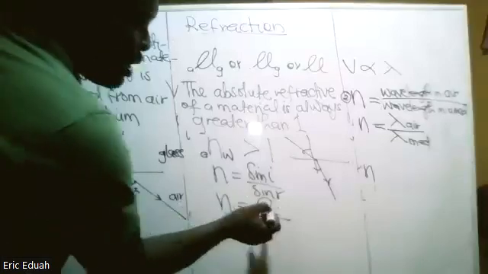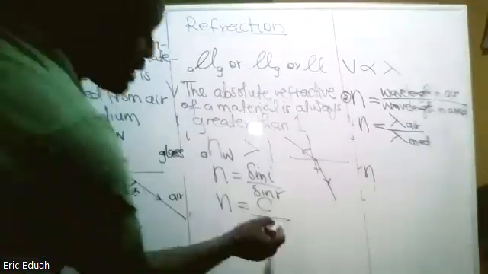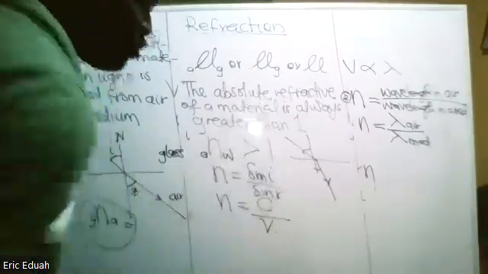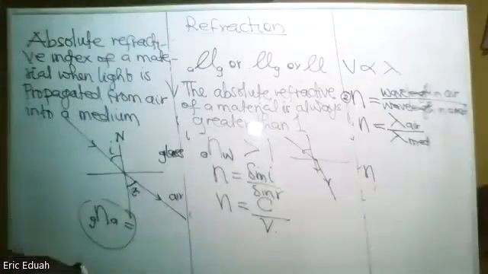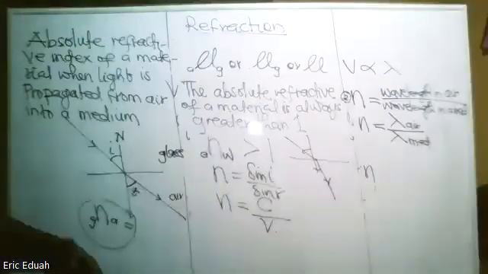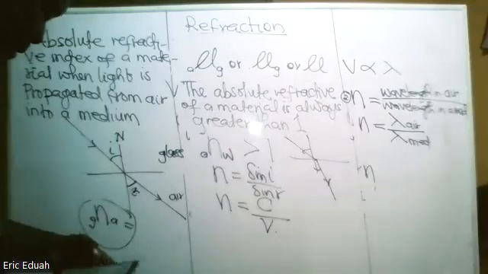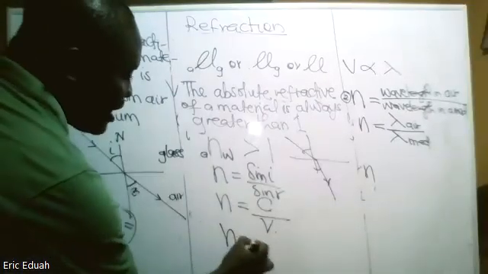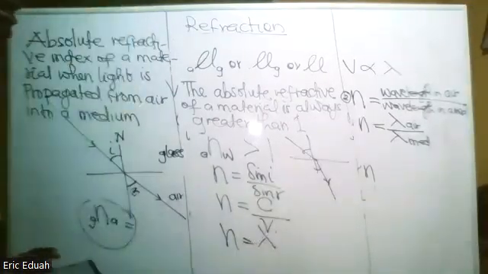So here too the numerator is greater than the denominator. Hence, the ratio will be greater than 1. If it's about wavelength, the wavelength of light in air